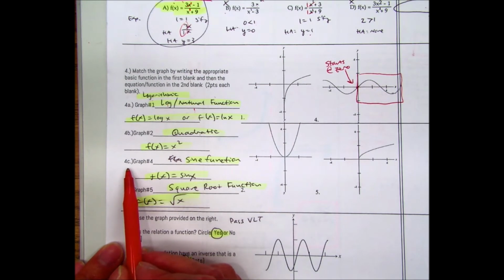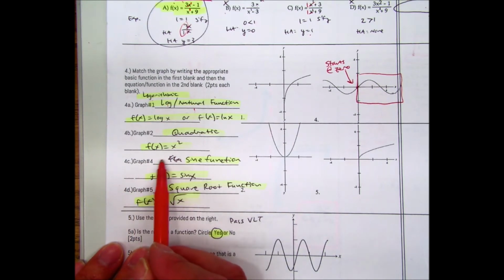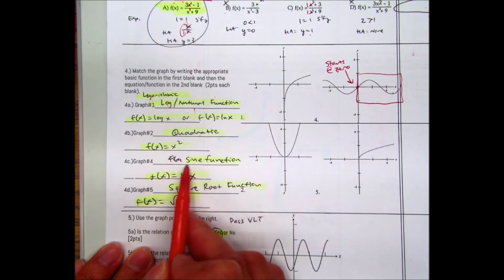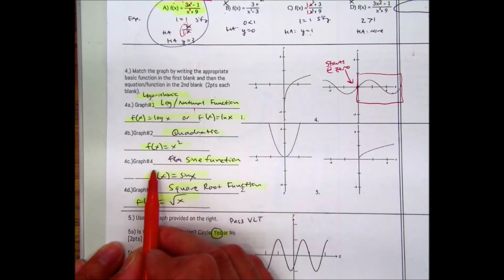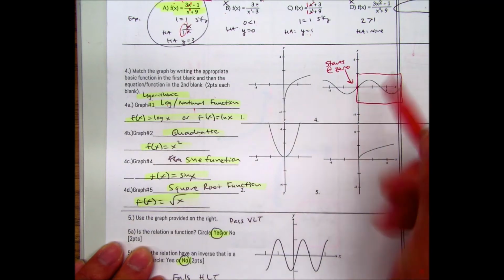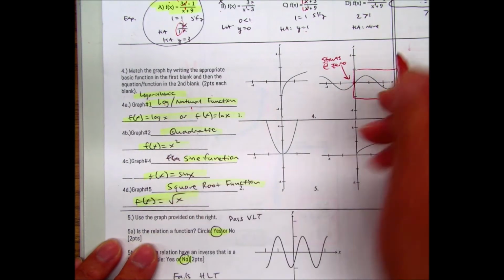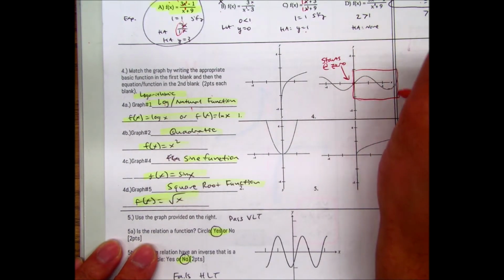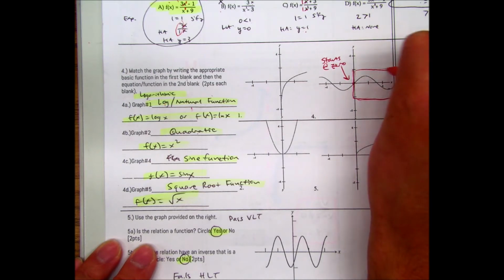4c, this one should not confuse you, but should only leave you with two choices. It says sine of x. I guess you could be confused with a logistic function, but here, the difference is that I made this red box to show you one period, that's what we're going to talk about second semester,